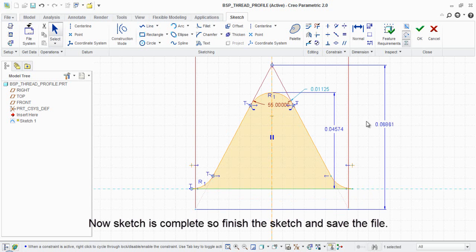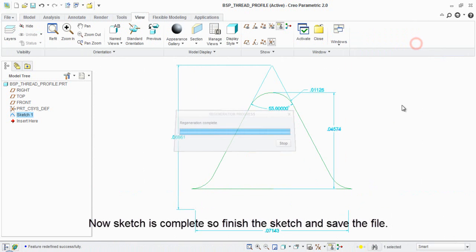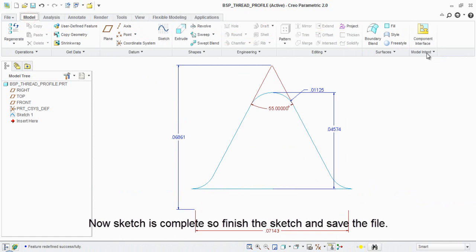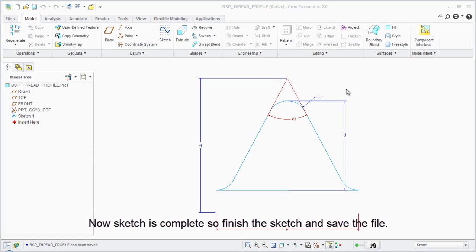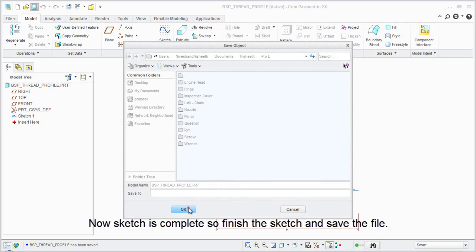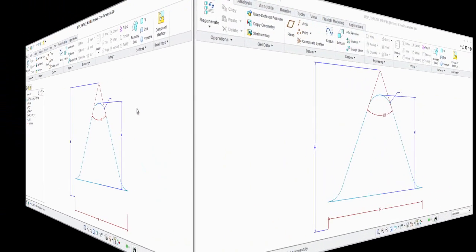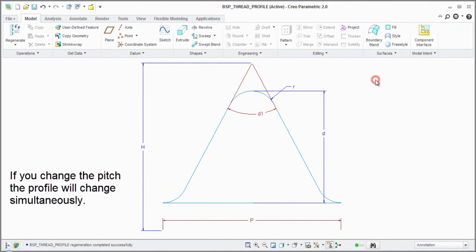Now the sketch is complete, so finish the sketch and save the file. If you change the pitch, the profile will change simultaneously.